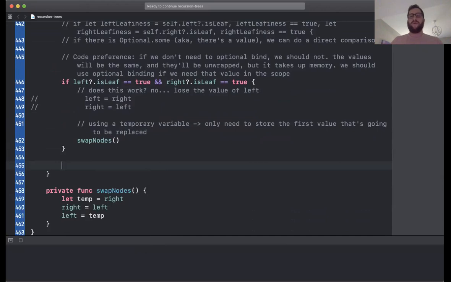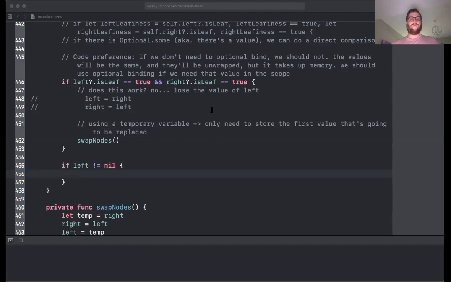There are no children, there are two children, there's a child to the left, or there's a child to the right. So we can just recursively, for those last two cases, go ahead and do it. So if the root, which is self here, left is not equal to nil,